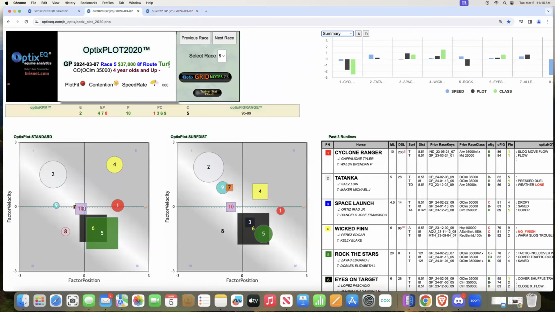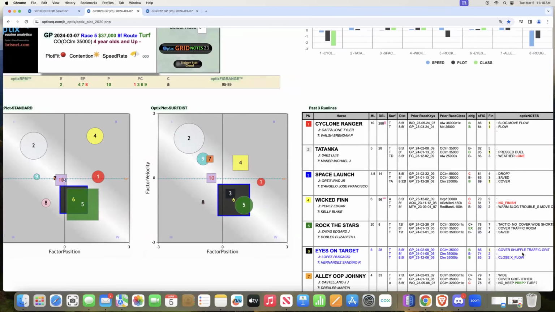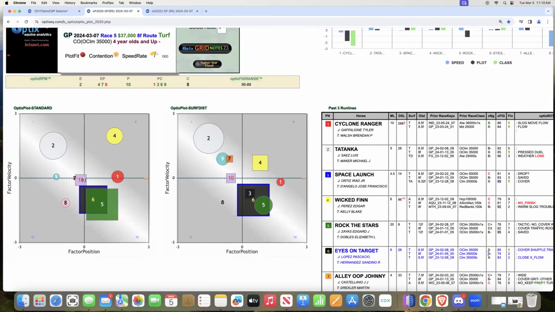Another horse I would want to see one, especially in a race this competitive. You don't want to guess too much in this. Horses that are in form, that are running recently, have an edge over the horses that are coming off layoffs in this situation. The 6 looks solid, big square. If you're looking for an off the pace horse, especially underneath, there's no knocks in this horse. He's been running good Bs at this level. Showed grit last time. Just thinking he might be a shorter price than the 5,